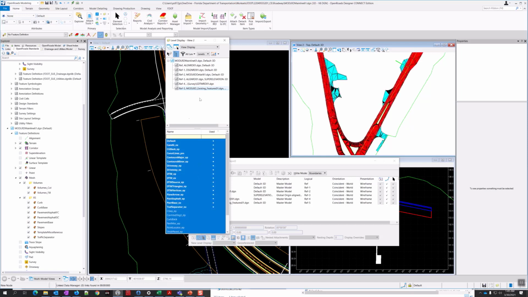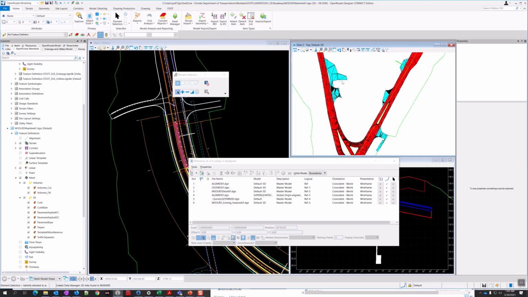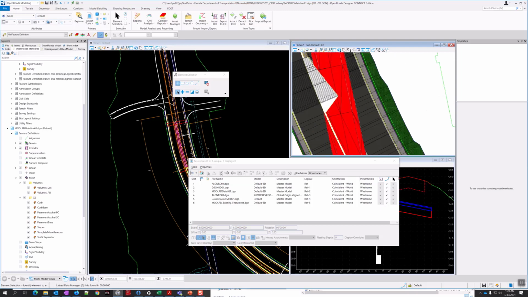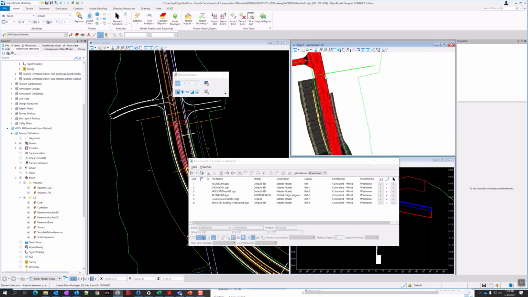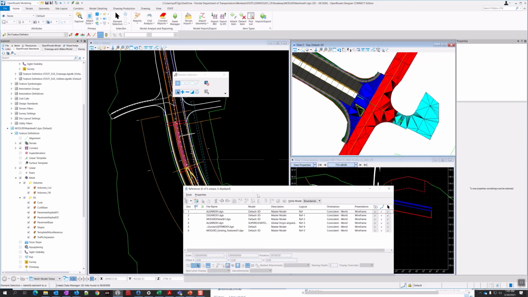Like I said, it doesn't matter. It's still going to calculate whether it's on or off. I can turn the display off on this altogether, and it's still going to get calculated in there. So this will just ensure we have the correct volume, taking into account existing features in this area. Obviously this pavement shouldn't get counted as earthwork, right? And neither should this pavement. Not that we're touching that. Well, we are touching it in this little piece. Okay, so existing features are attached there.